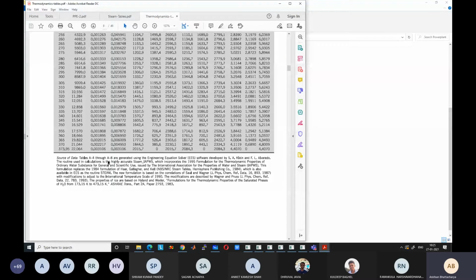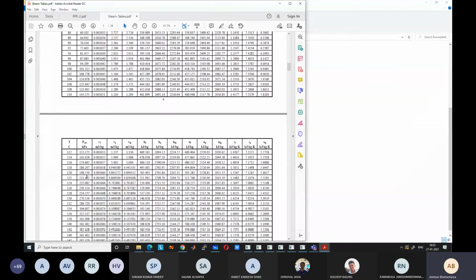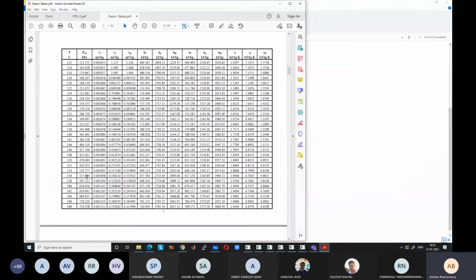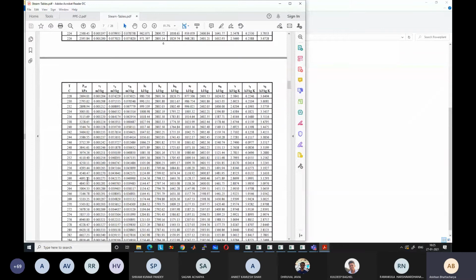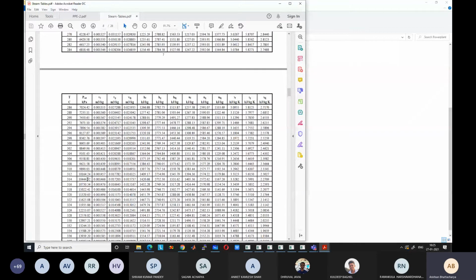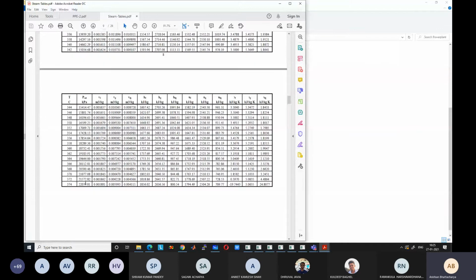I will come back to our original table because we will be using this table, and reference points are slightly different, so values are slightly different. But if you are consistent with the table, your answers will be correct. Means you have to just use one. You cannot take one value from one table and another value from another table. For a single problem, you have to take all the values from the same table.